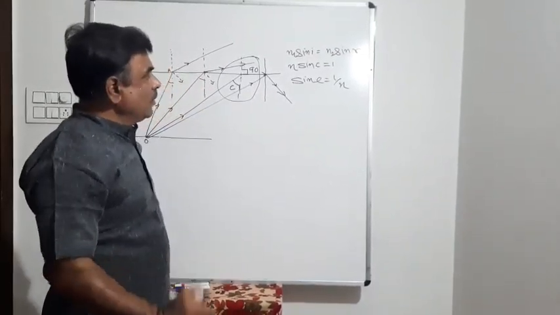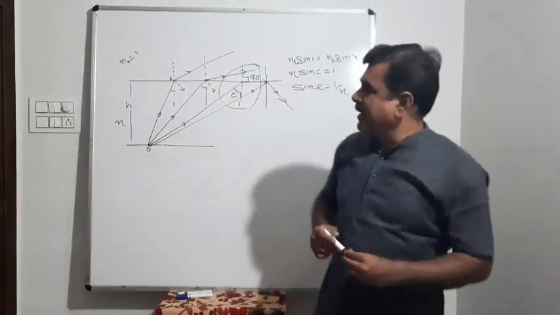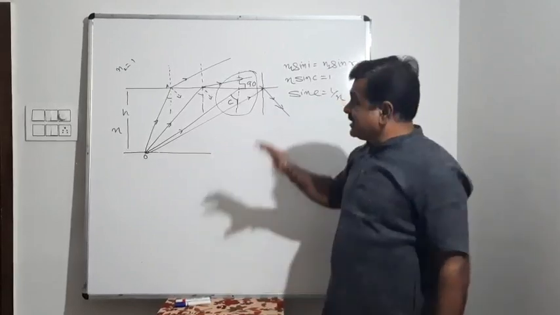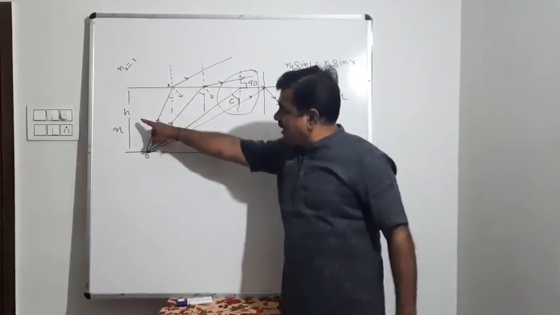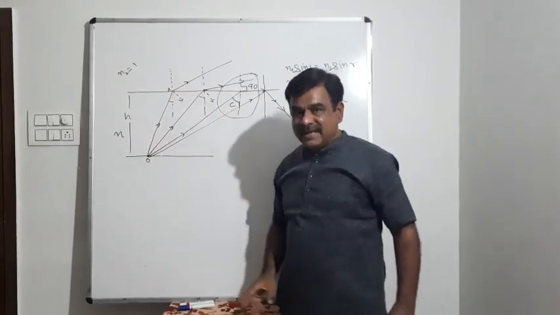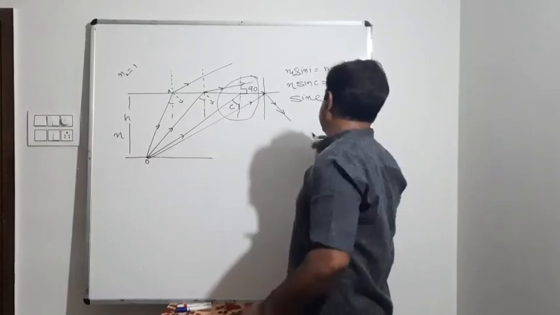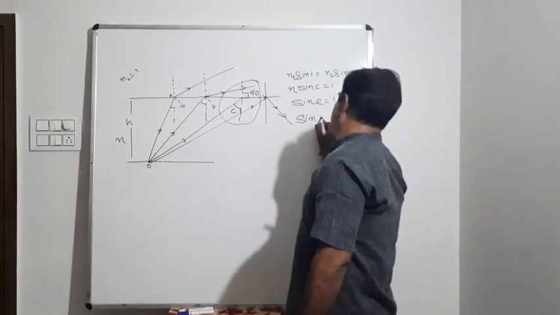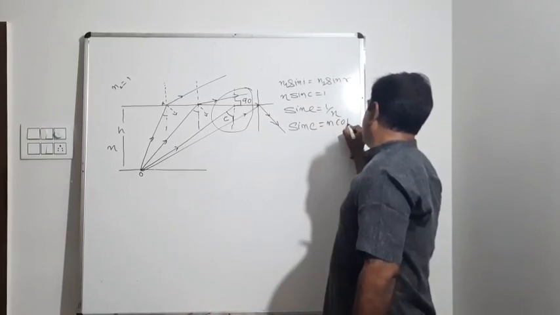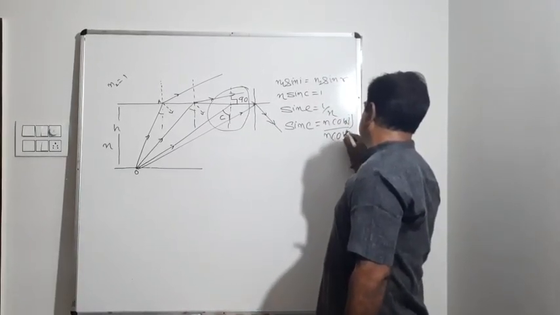Sin C is equal to 1 by n, C the critical angle, and n is the refractive index of the denser medium in this case. But this is a specific concept when we are taking the denser medium having refractive index n and the rarer medium having refractive index 1. But again, here also if you want to write it in a general formula, then sin of C will be equal to, can you say, n of observer, that is second medium, by n of object also.